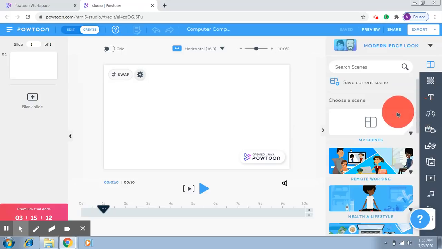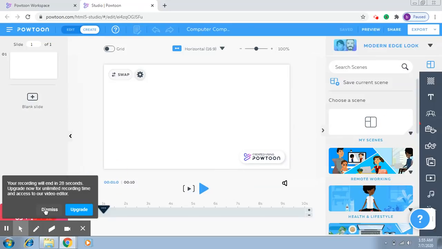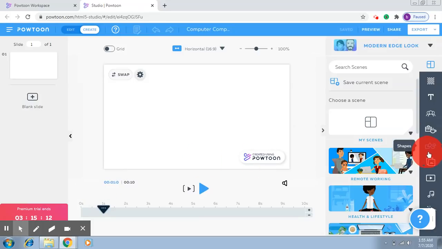This option here talks about characters. So here you'll be able to choose the character like the lady that was there in the first video that we had created. This particular option is props. So here you can add the props that you want to be available. So if you're talking about the world, you may add a globe. If I'm talking about a computer, I may add a computer. Different things that are important. If we are talking about engineering, then you can add something related to that.